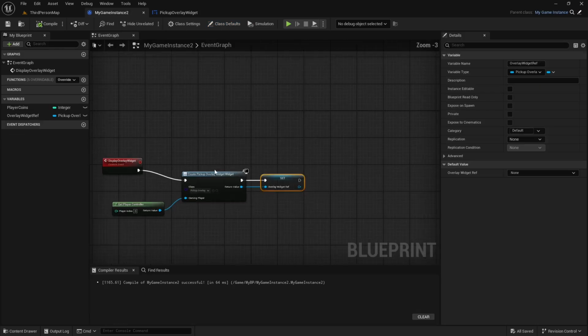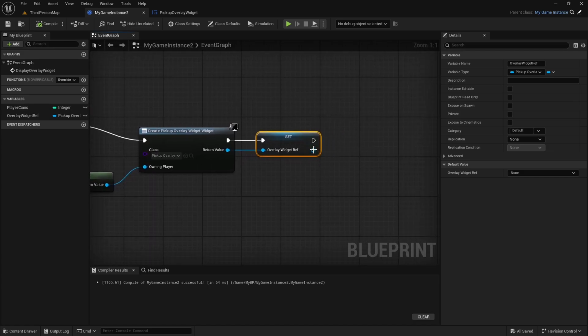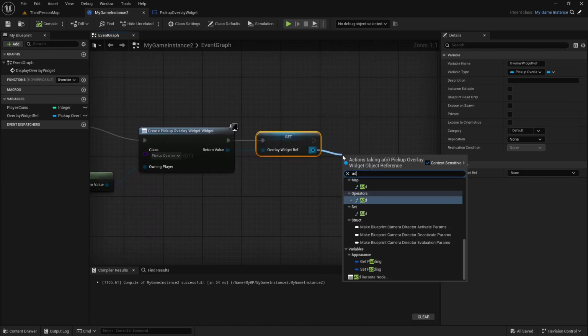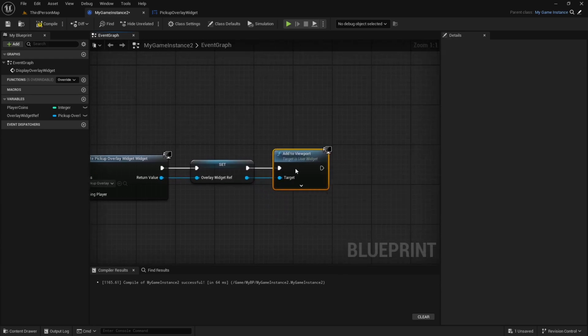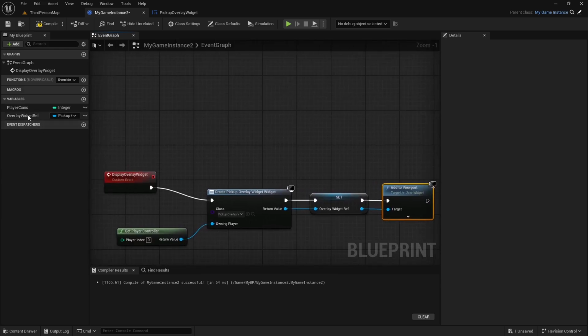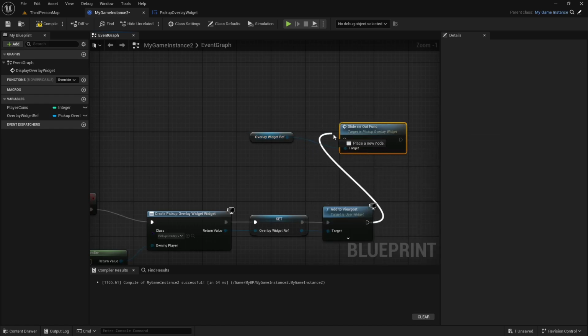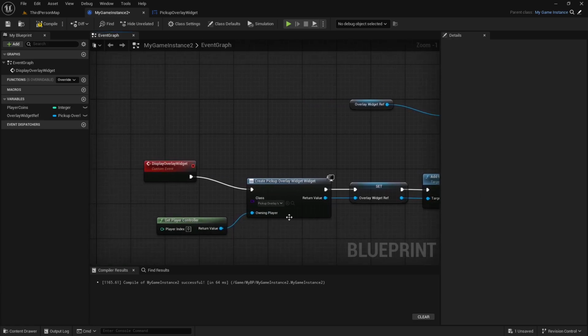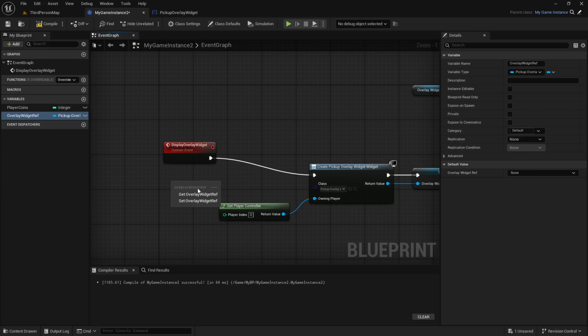And then we need to go back to my game instance. And in our my game instance, we're going to need this now. We're going to add our widget to the viewport. And then we're going to do this. Overlay widget, get. And we need to run our slide in out function after we display it to the viewport. And also we're going to need another check. We don't want to create this multiple times. So we're going to add another check. We're going to go here. We're going to get this,